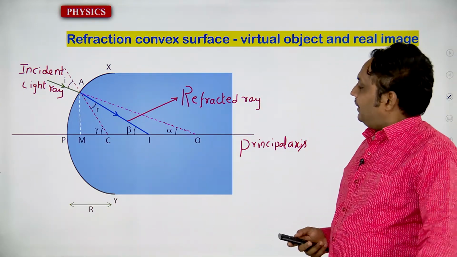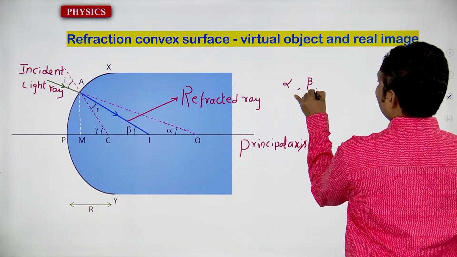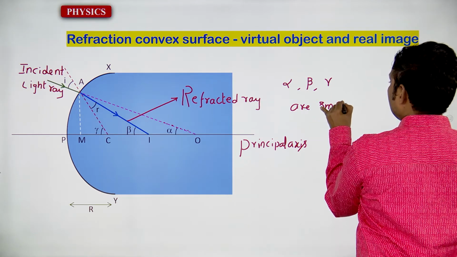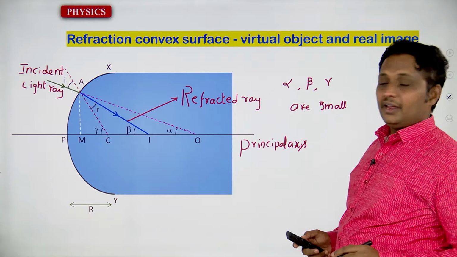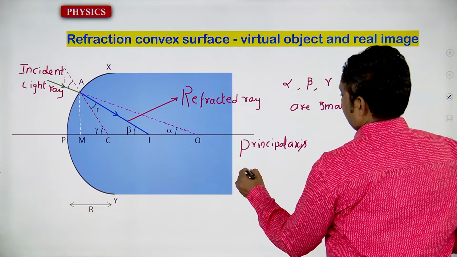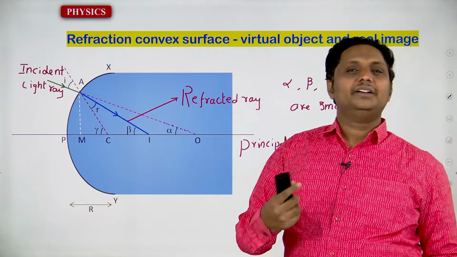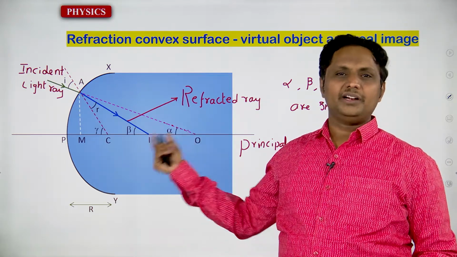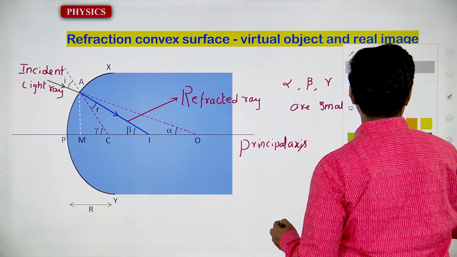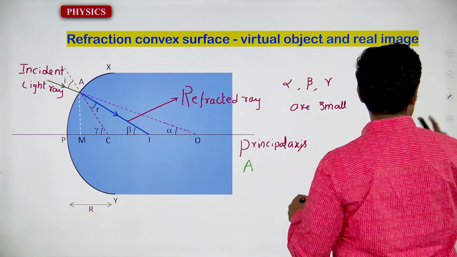Okay. If you know very well about that, alpha, beta, gamma are all small angles. You have to confirm. Small. Very clear. By the trigonometric relations, we are having that. You have to take that. You can obtain the properties of triangles and trigonometric relations, and you will get those expressions. Okay, all right. So you have to apply Snell's law. It's very clear. You have to apply Snell's law.